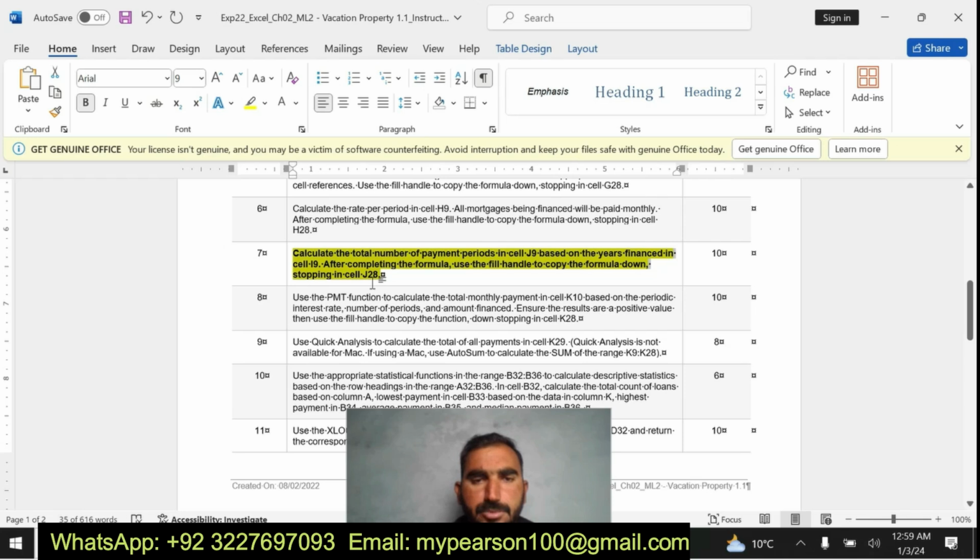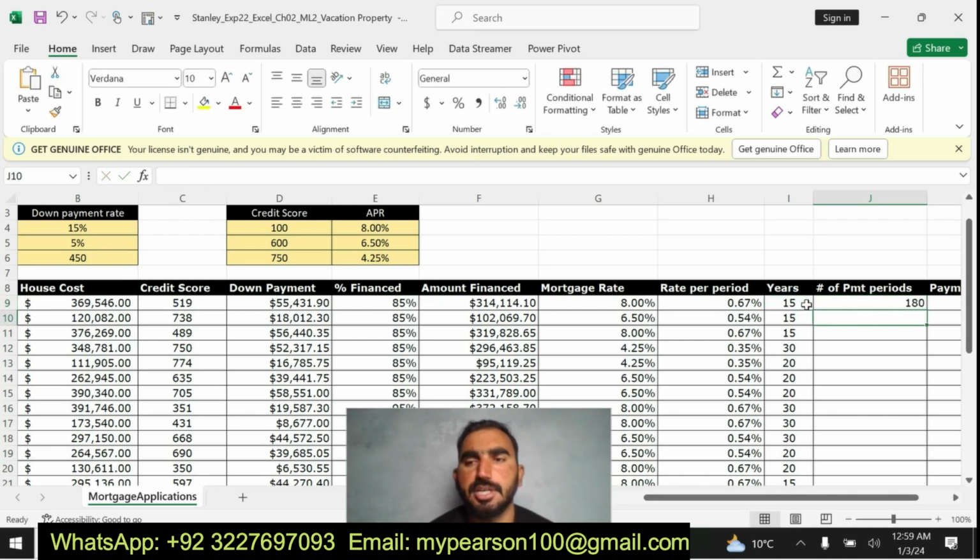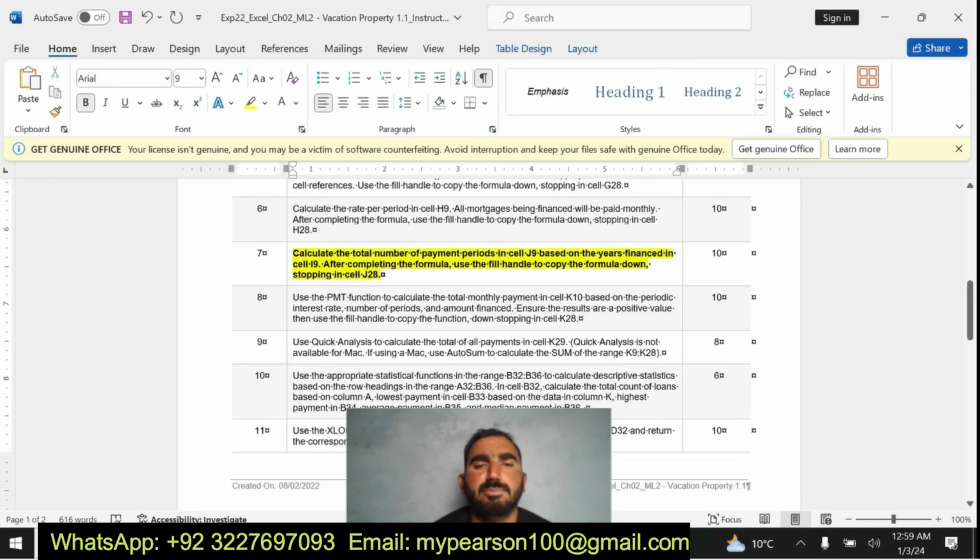You can see here it is equal to 12 multiplied by the years, I9. I have found the total number of payment periods.